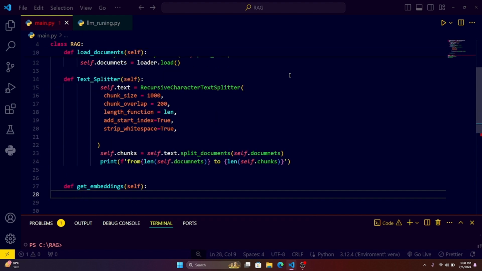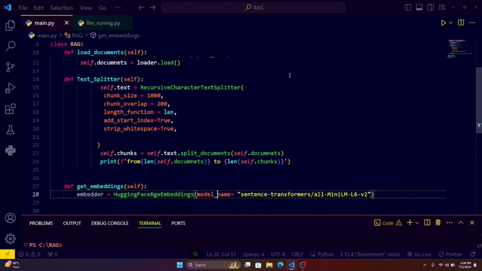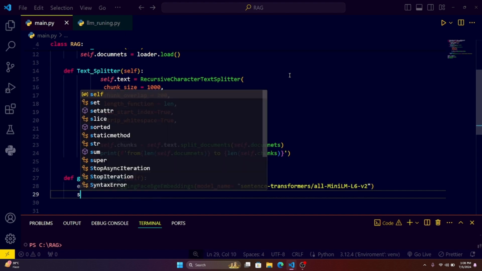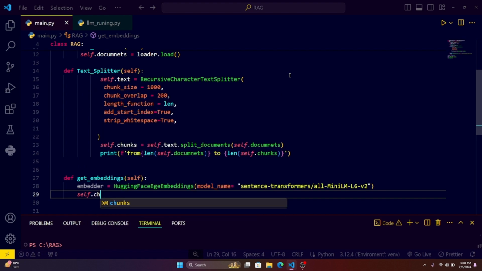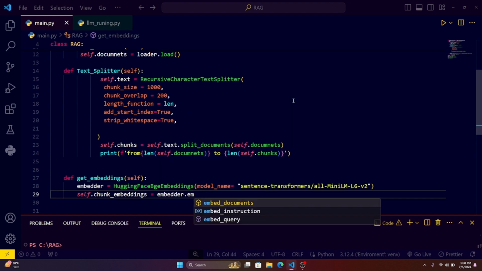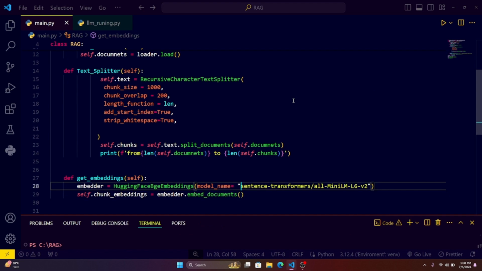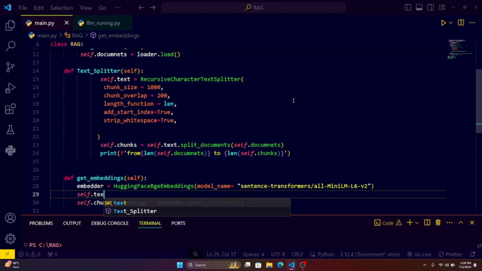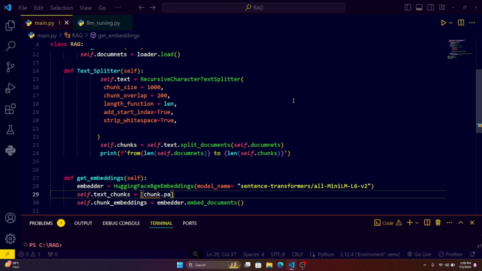Next, you need to paste a line which is known as embedder, HuggingFaceEmbeddings, and the model I want to use is sentence-transformers. This is the model that I want to use for converting it to our embeddings. Next, we need to do self.chunk_embeddings, which should be equal to embedder.embed_documents. Here it only takes one parameter, a list of chunks, so we need to convert our chunks into a list. For this, self.text_chunks should be equal to, we pass it as a list, chunk.page_content